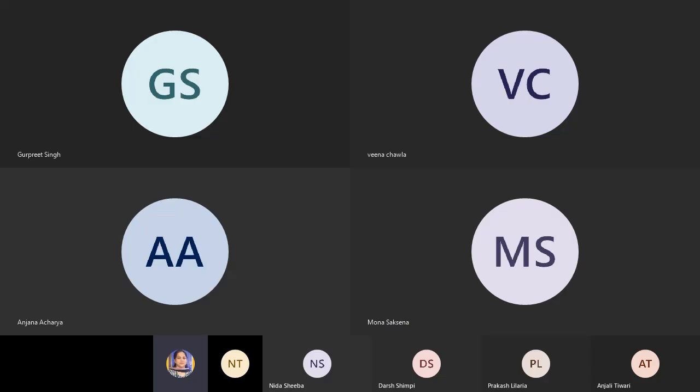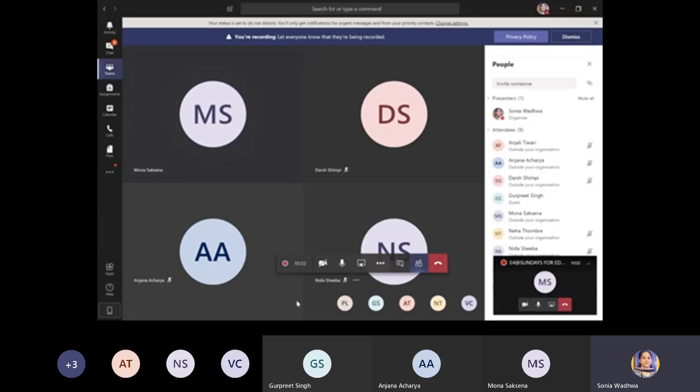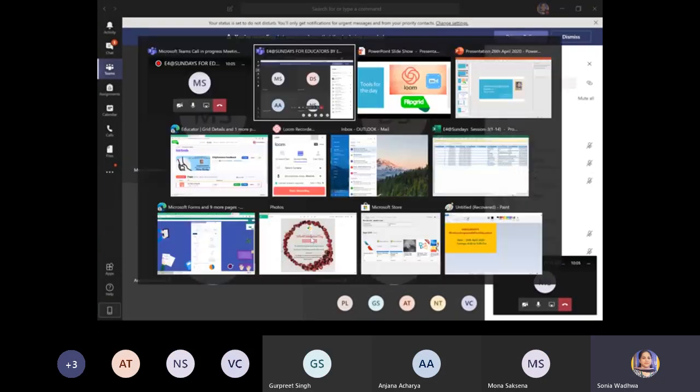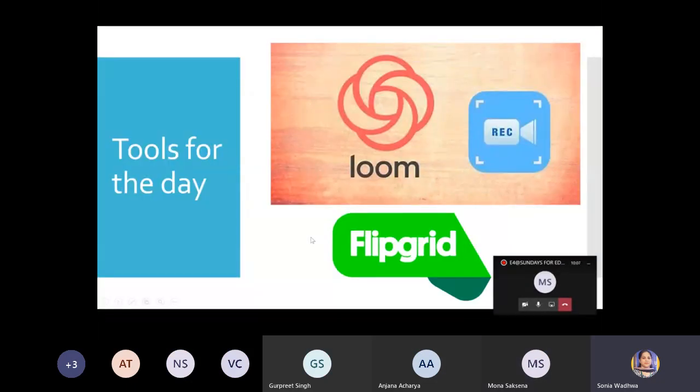So we could rehearse our voice on the slides, and then we could actually go slide by slide. So I could record on slide number 1, record on slide number 2, but it may happen that my slides are moving a little faster or a little slower, and my explanation is not matching with it. And at times it was pretty boring for the child to see the simple text that was written, as if the teacher is just reading out, because the teacher's face was not featured in those videos.